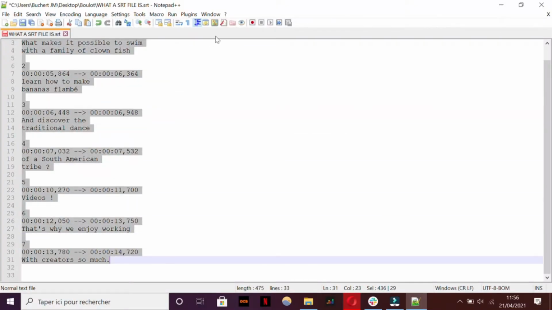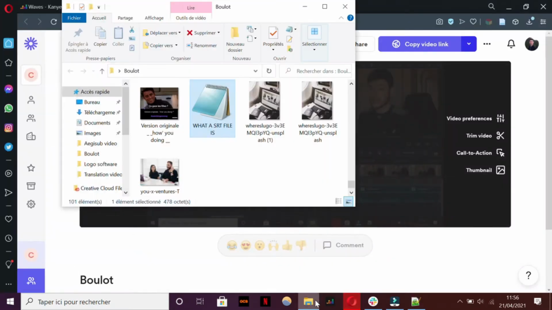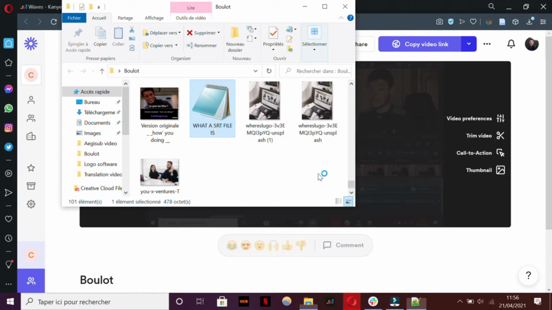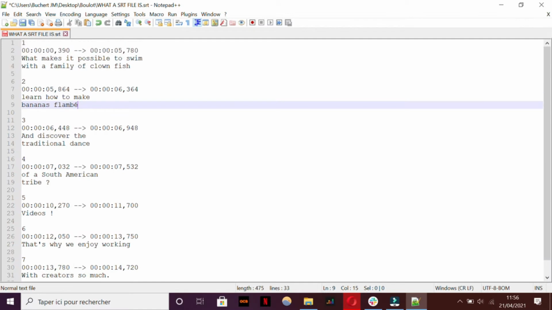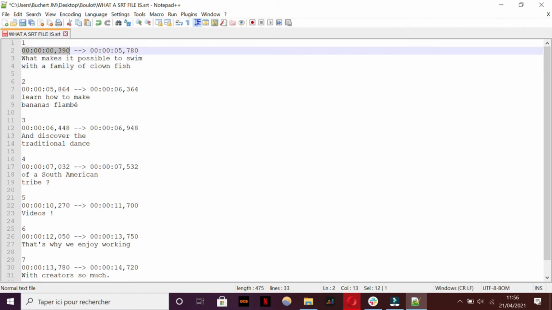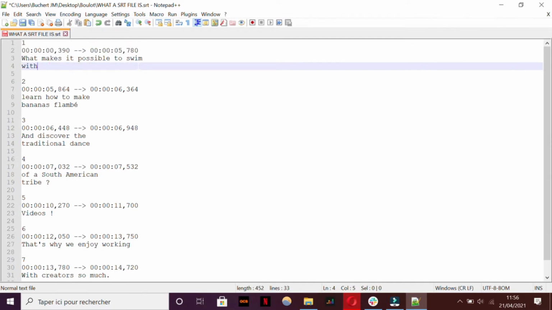So basically, to create an SRT file, what you need is to open a blank file in any text editor like Notepad, Word, or TextEdit on Mac, and then transcribe your video speech according to the structure shown here. As you can see, you will then be able to write each line of speech according to the time frames of the SRT format, if it's the SRT format you're working with. When you have all of that, you can start to translate your video according to some recommendations I'm going to give you.